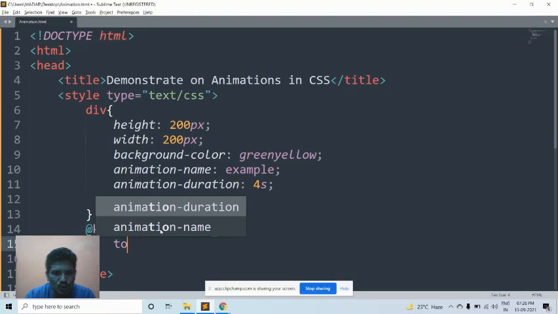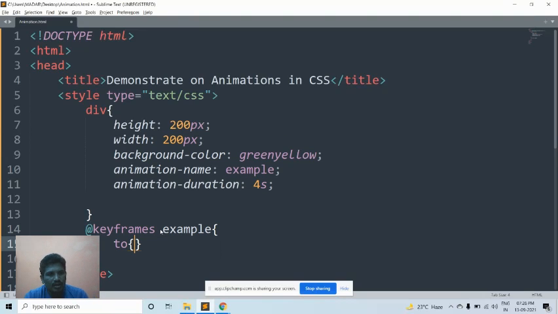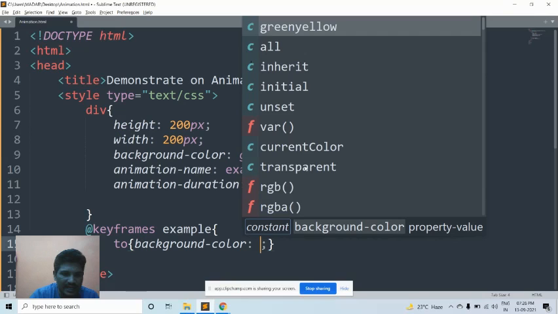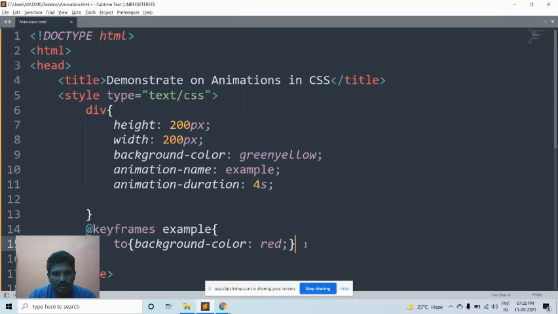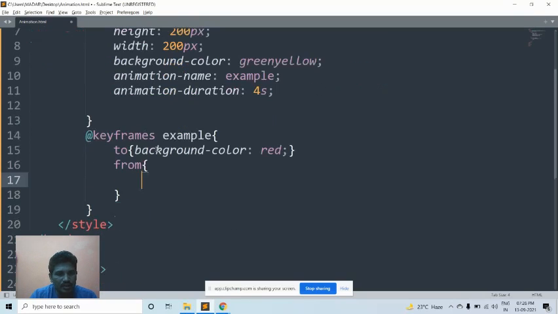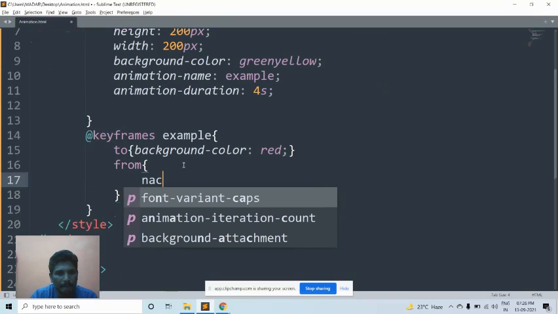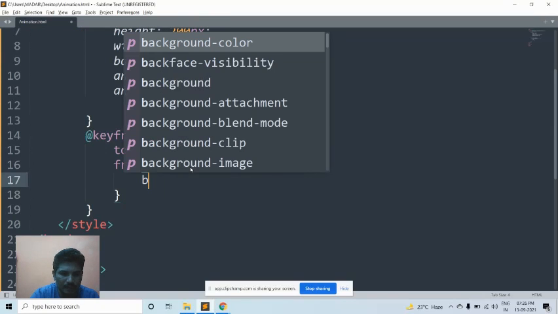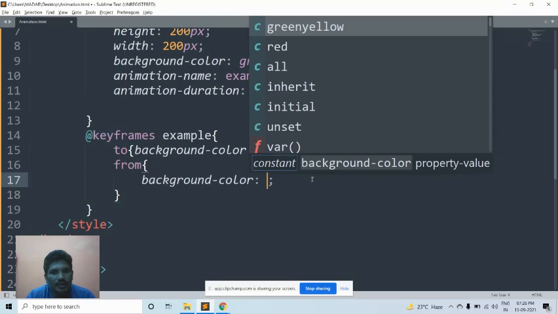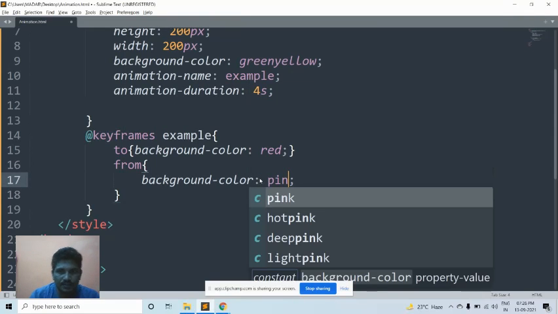Then from and to: what is the background color? The background color should be red, from. Then to, the background color should be pink.